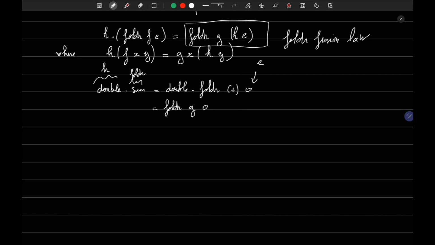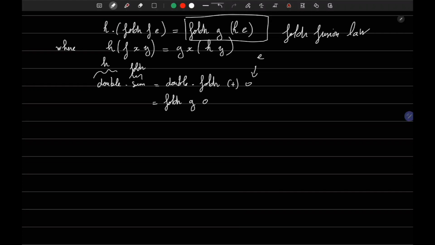Okay? So now we just gotta find g, our new reducer or our new fold function. So we're gonna find it thanks to this property here, okay? Now let's write this one down. So to find g,